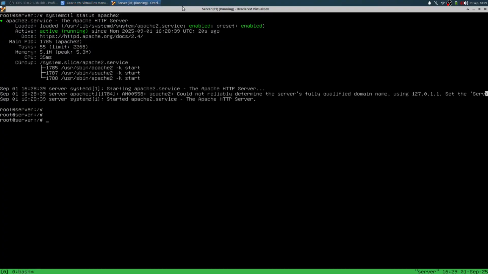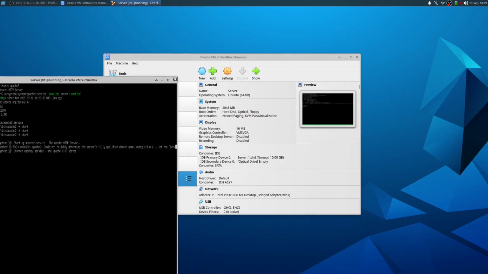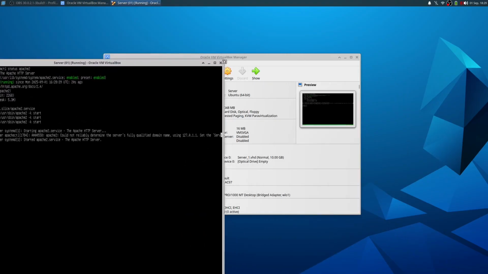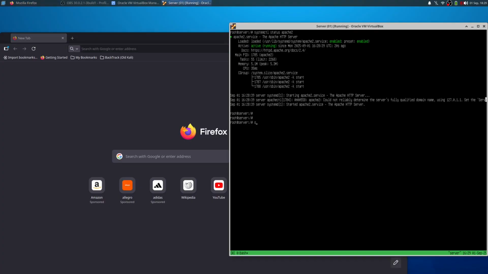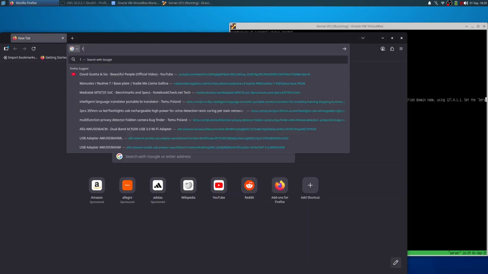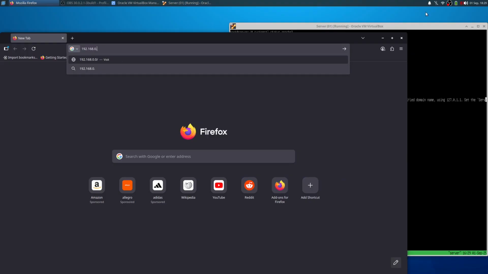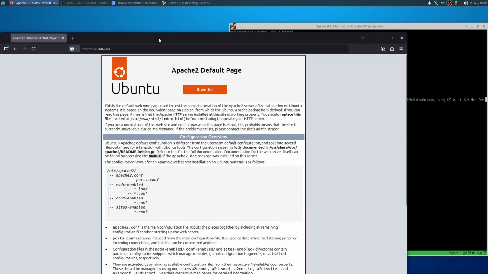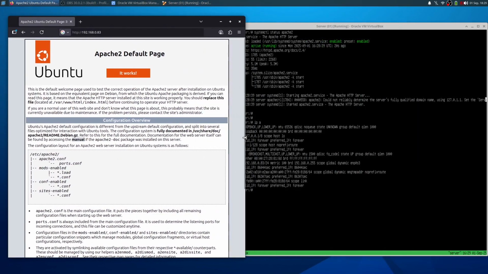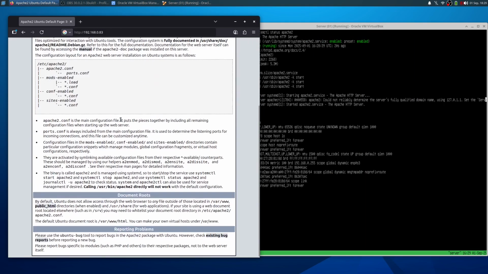And if I were to try right now to check, let me see, is that even working? Let's try to do this. Sorry, one sec. Firefox here. We have the IP address here, let's try that one, 192.168.0.83. If you run it, you see that we have our Apache page, the default page from the Apache,